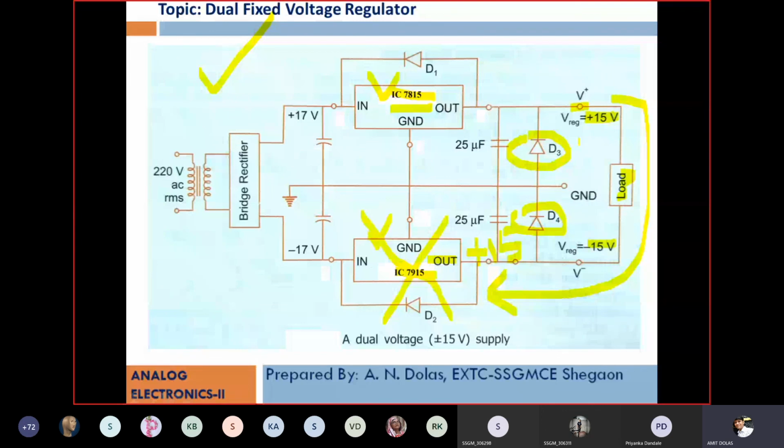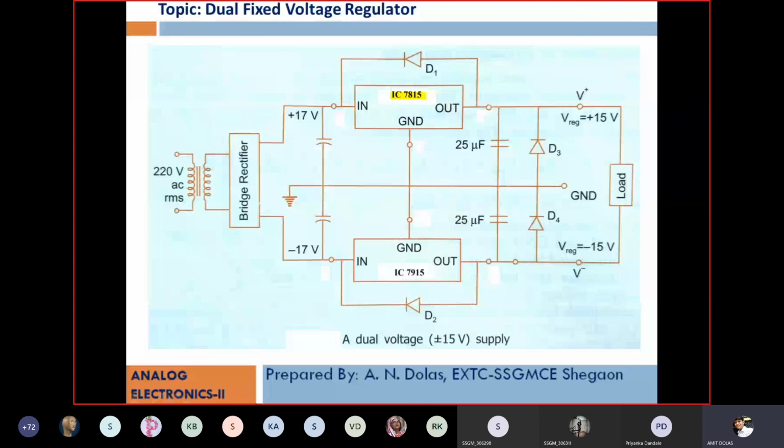So that's why, suppose the diodes, these clamping diodes, are available. Then what happens? Suppose this IC 7815 started earlier and will generate plus 15 volt even though the load is connected between the two terminals. This 15 volt will come to this point, and due to this clamping diode, with positive polarity here, both the diodes will be forward biased. There will not be latch up of the 7915.